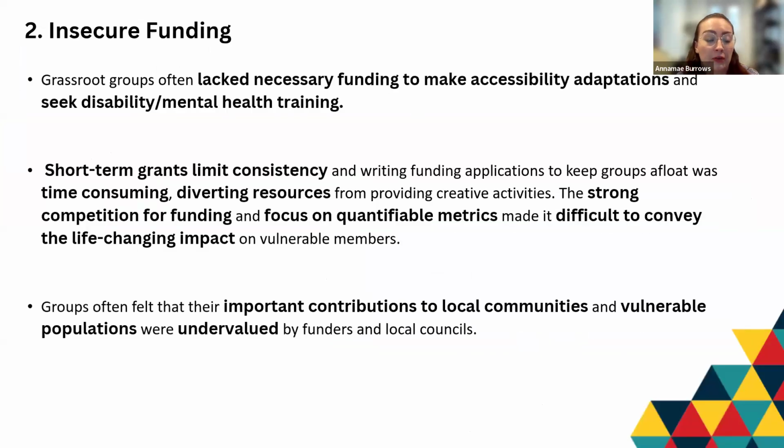So another important barrier that we talked about with participants and also creative group organisers was the issue of insecure funding. Now, this is also an issue for all creative groups, but it had specific implications for people who were disabled or had mental health needs. So grassroots groups, as Luke said, often lack necessary funding to make accessibility adaptations, and this also prevented people from accessing disability and mental health training for staff and volunteers, which would help with relations between group organisers and group members. There was a reliance on short-term grants, which, as Luke said, limited consistency,